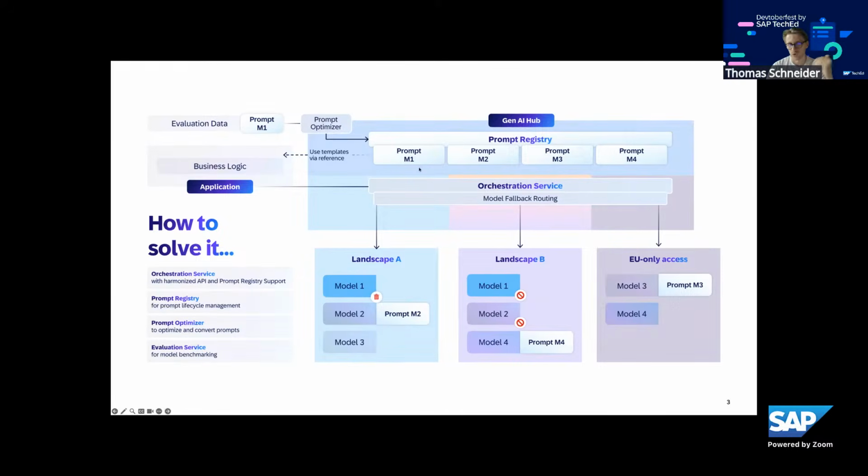where you can store different versions. So you also have a version management system, and you can easily store prompts for different use cases. You can promote the prompt templates across regions and so on. And pretty much it helps you to manage different prompts for different models. And then you wouldn't call the models directly in your application in this scenario. You would use first the orchestration service. This has the benefit that you develop against one stable harmonized API instead of having the different provider clients in your code. So this also